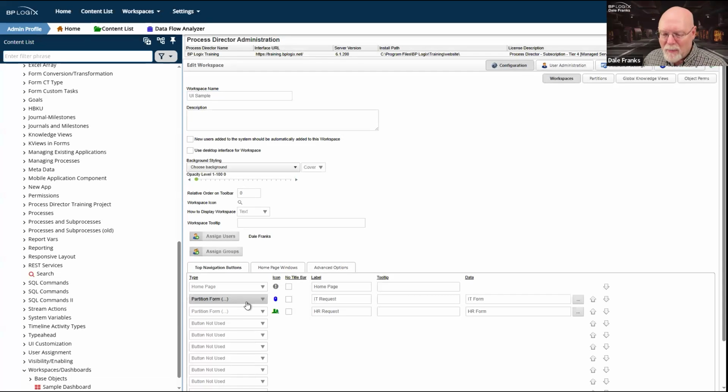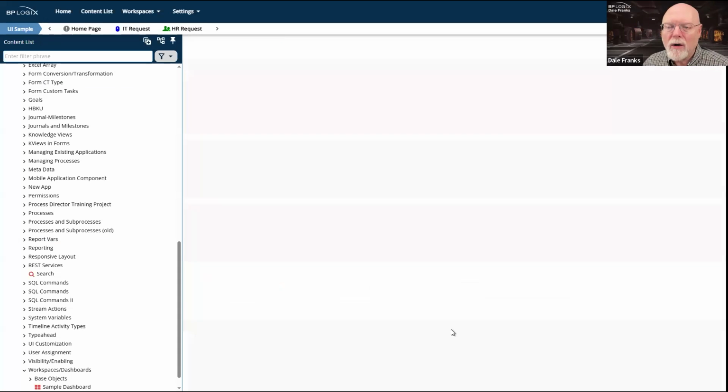I have a home page, I have an IT request and an HR request that show up. If I was in a normal workspace, I would need those. They would be important. I don't necessarily need them in this particular workspace, but I have gone ahead and configured them.